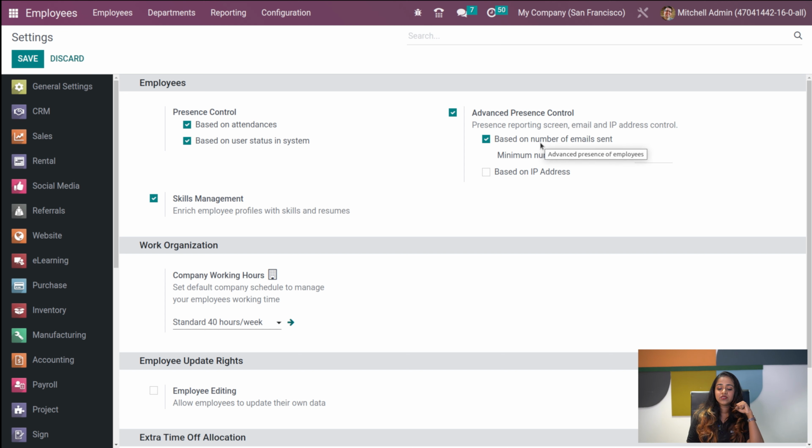Then you have the advanced presence control, which is presence reporting screen, email, and IP address control. So based on number of mails sent or minimum number of mails to be sent can be set here. So based on the number of mails you send, the advanced presence control works. And also you have based on IP address. Okay. So that's the employees, where you also have skill management. So when you check this, you can see the skills and you can also add resumes,